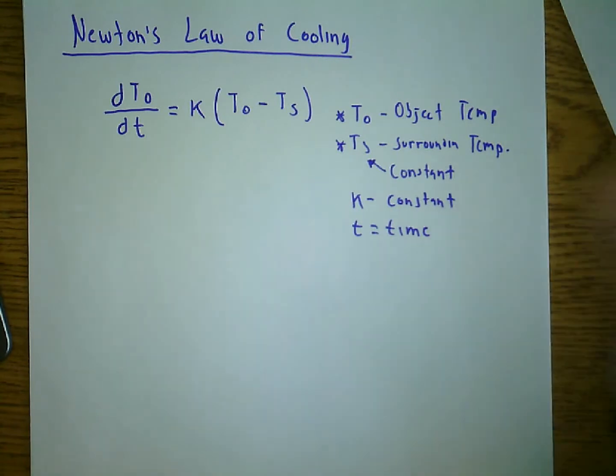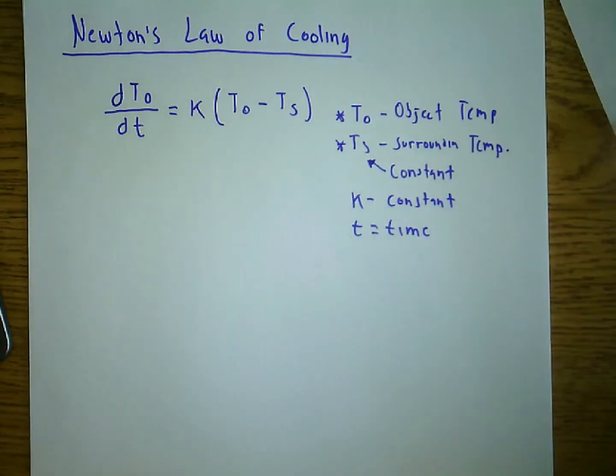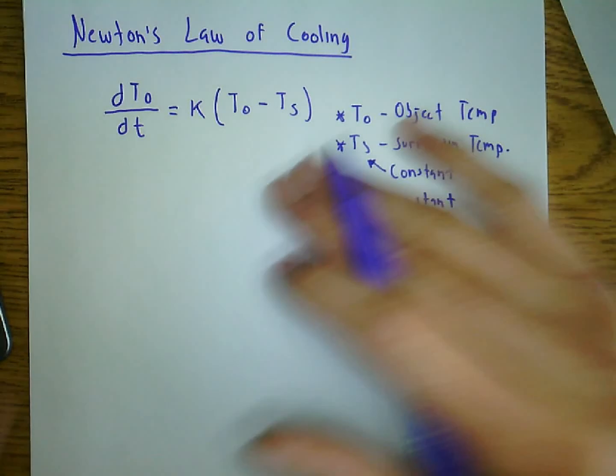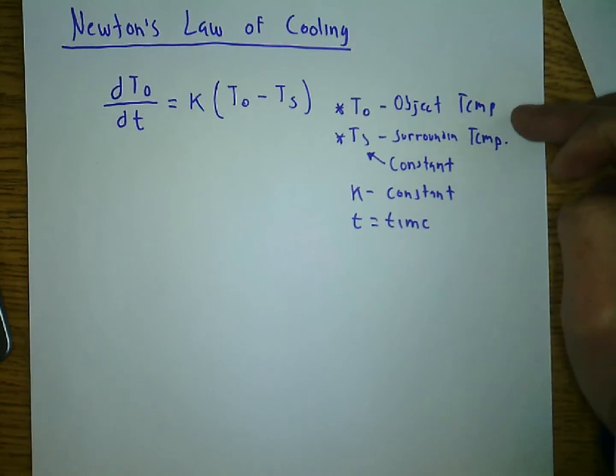So in other words, this is the differential equation. I'm just asking you, mathematically speaking, how could I solve for T naught? Think about what we've been doing today. What do I need to do? You need to do something with the x and y. You need to separate them. Good. So I need to get dT